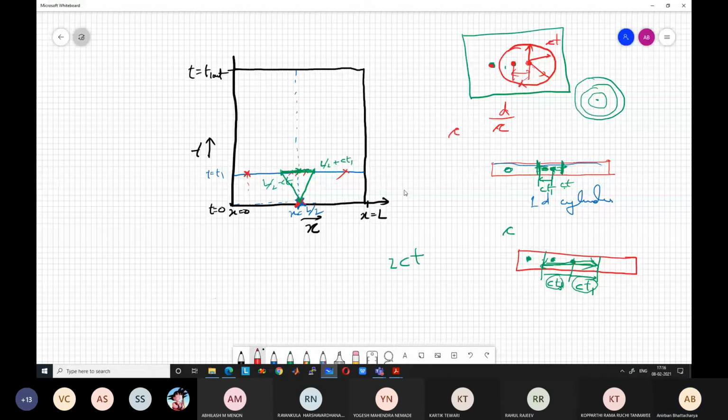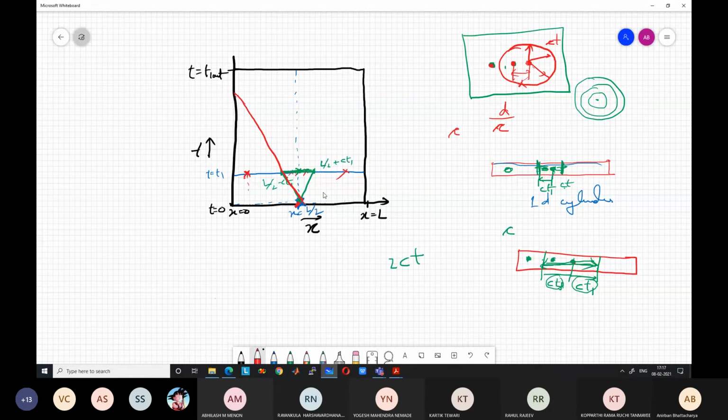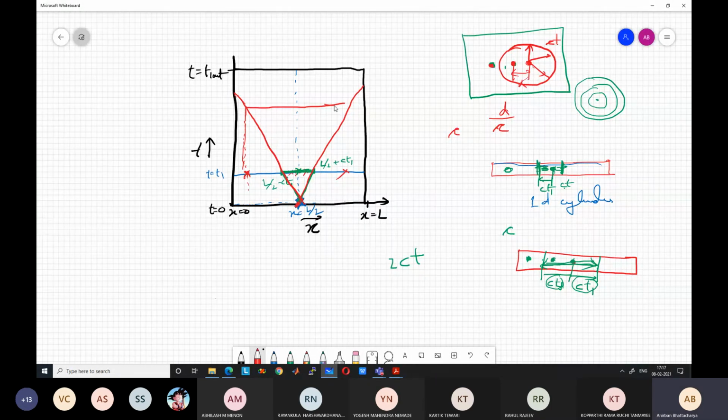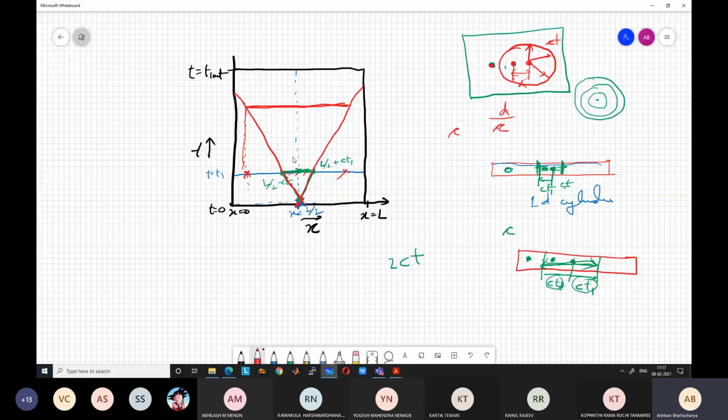So if I extend this line, after a certain time, if you draw a vertical line here, this region will also now come inside the zone of influence. Okay. So now the pressure wave has reached this person. This is the same person because he is sitting on the same location. Only the time is advancing along this line. So now the person is going to feel that.